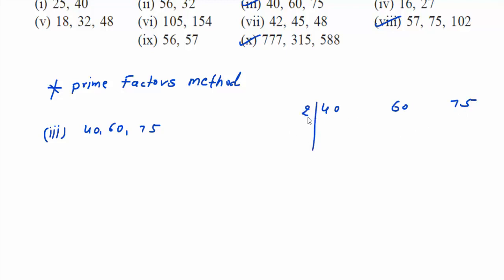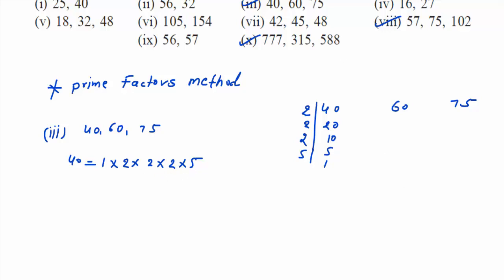Factor of 40, I will start from the 2. 2 2s are 4, again 20, then 2 10s are 20, then here we have 2 5s are 10, and 5 1s are 5. So factor of 40, what are we getting here? We are getting that 1 is always a factor of all the numbers. So 1 is a factor of all the numbers, so we write over here 2 multiply by 2 multiply by 2 multiply by 5. So this is the prime factor of number 40.